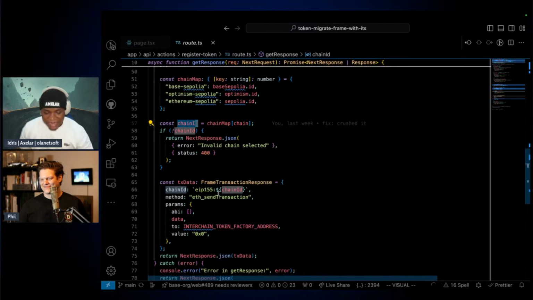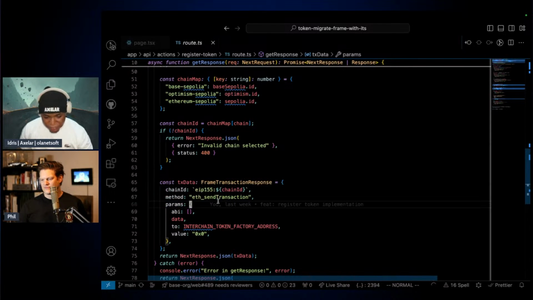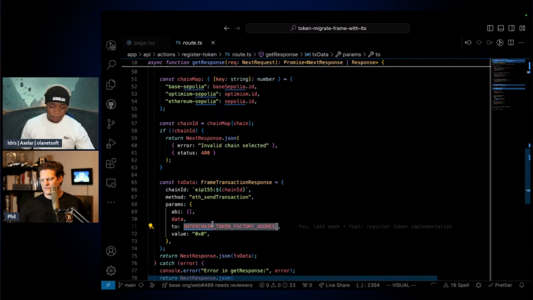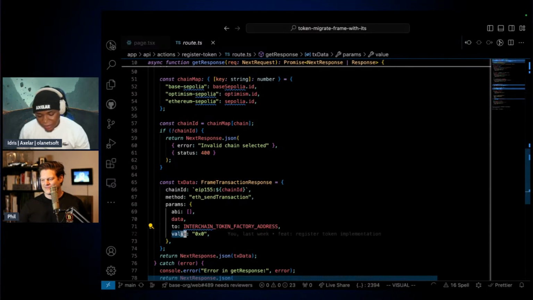And then I can pass in that ID to this function here, call this method, specify the data, specify where this is supposed to interact to. And because I'm not paying